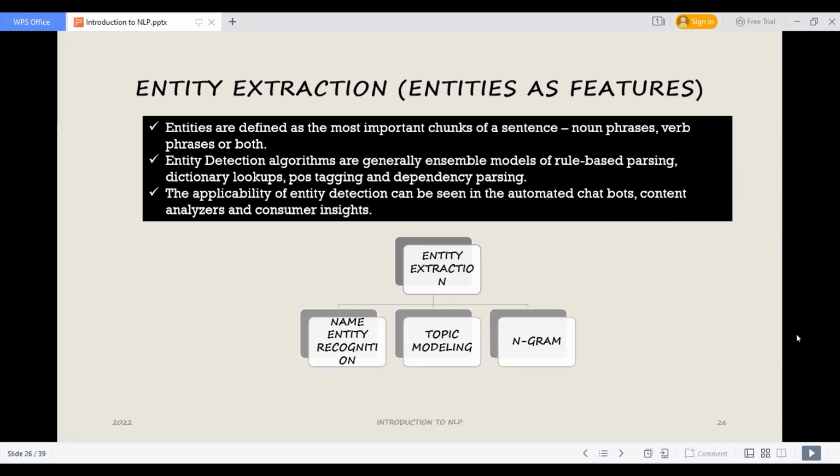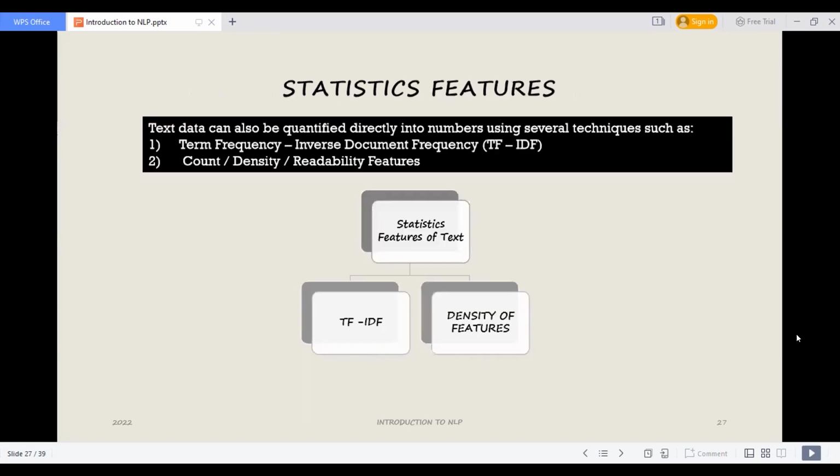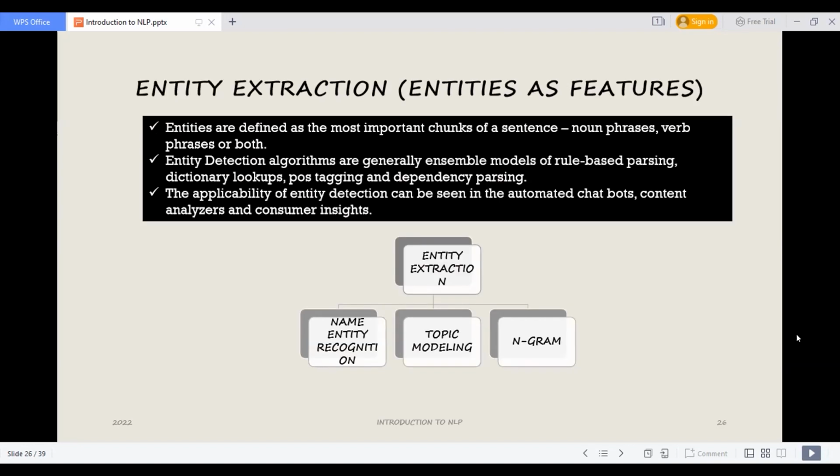Now, the next from this entity extraction is topic modeling. Topic modeling is a process of automatically identifying the topics present in the text: the corpus we have, the phrases we have, the paragraph we have, as we discussed.